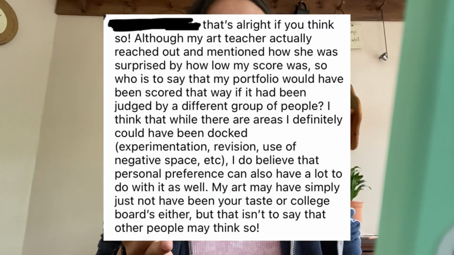For clarification, I kind of waited on it for a couple days before I responded, because I wanted to be respectful, and especially given that they gave no constructive criticism, I was trying my best to acknowledge what she said may have been right, but also bring in my point of view. So I'm just gonna put my response here. You can pause and read it if you want. But then seconds after I made that reply, she said something to that response